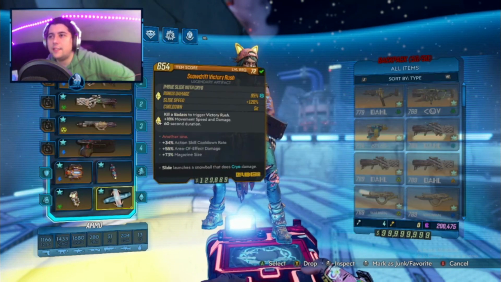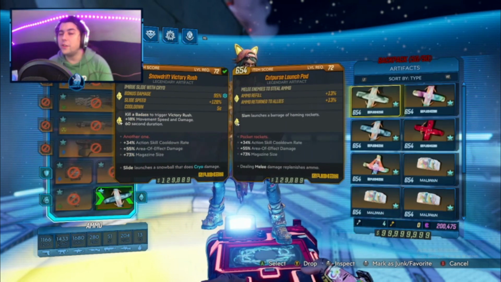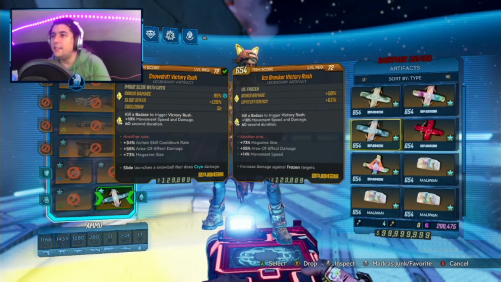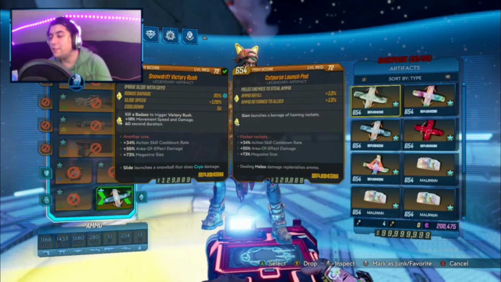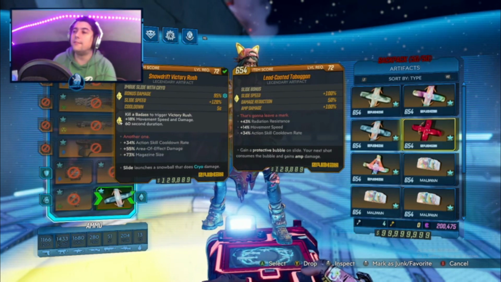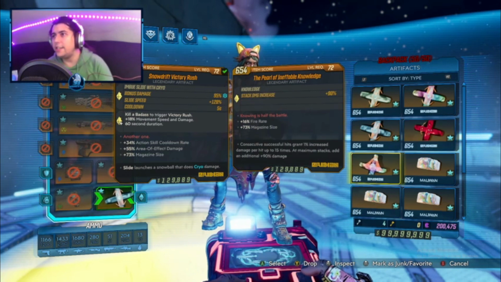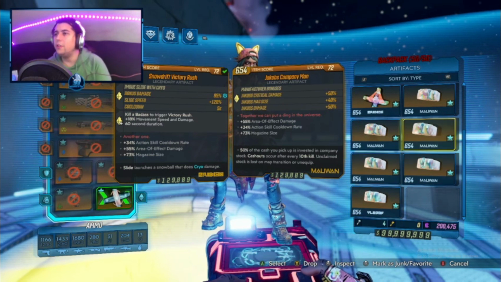So for the artifacts, as always I've put a Snowdrift Victory Rush for running around. I love this one. We also have a Cut First Launch Pad for regenerating ammo. It's a must have on any build. The Elemental Projector Victory Rush and the Icebreaker Victory Rush are freaking good for damage, but we also have better choices nowadays, such as the Toboggan for running around. So that's the artifact that you should go with for any one-tapping setup. We have the Pearl of Ineffable Knowledge, and finally we have the Company Man for Vladov, Maliwan, Kidio, Jacobs,